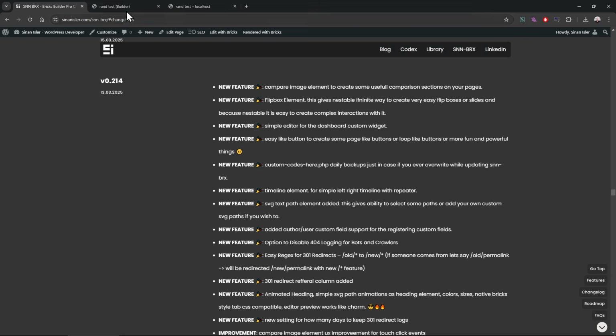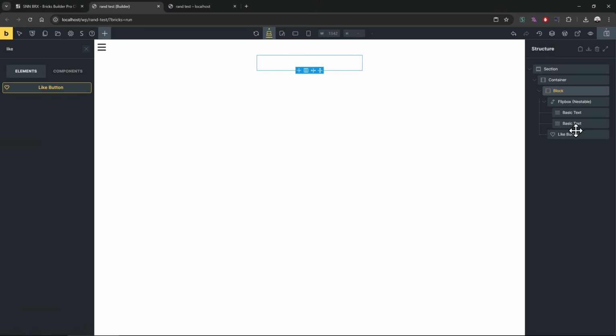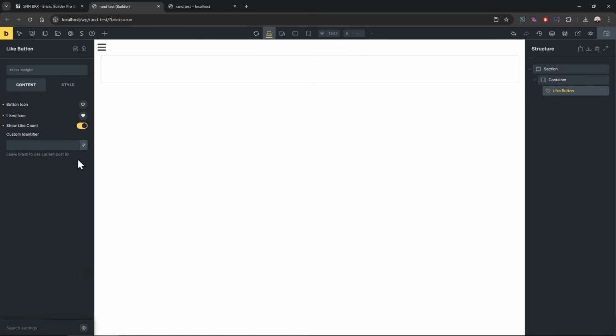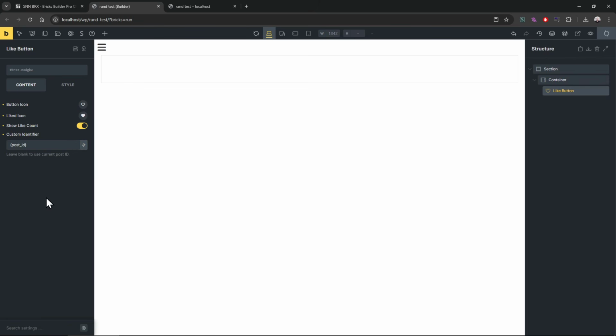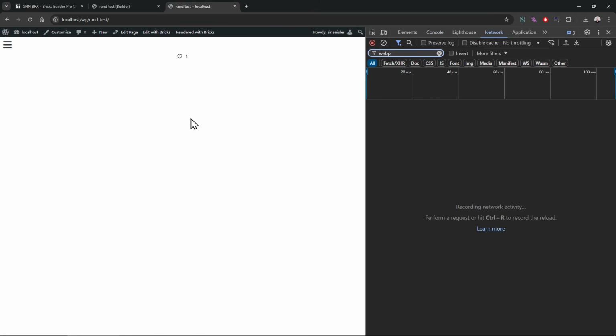Oh, the like button. Let's check that. The like button gives you the ability to add a like button. You can leave this blank, but this can be a post ID. My recommendation would be post ID, so it has a unique ID. I liked it before on this page, that's why it is showing for me. And then it will just like it. It will use its own